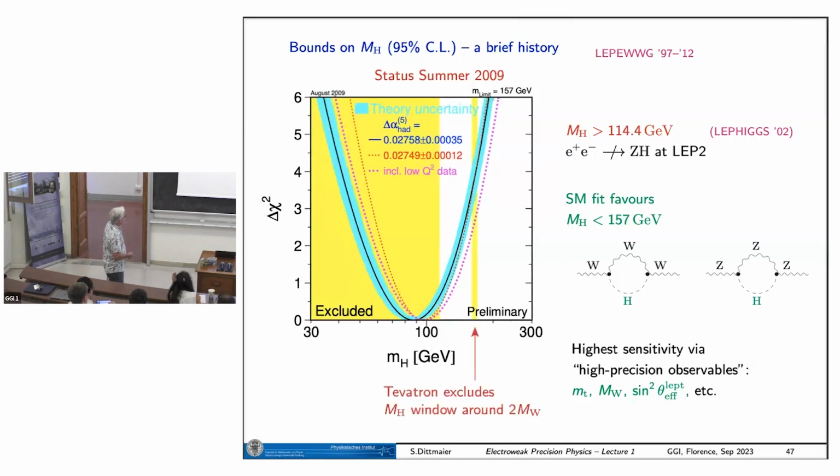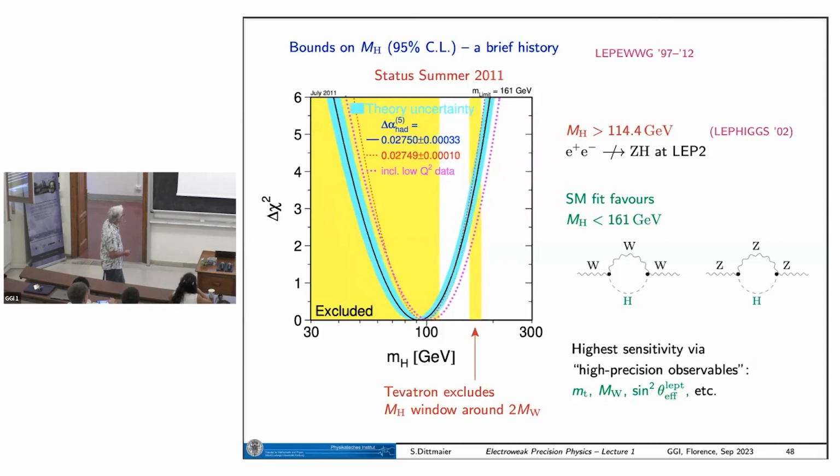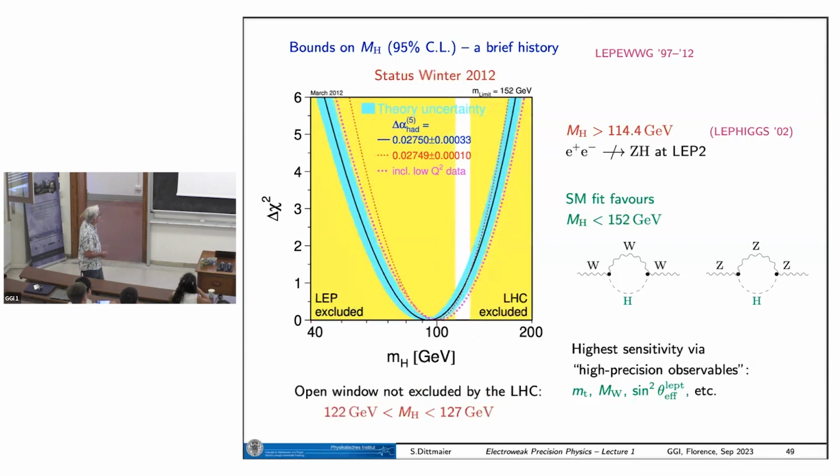And at some point, you see that Tevatron kicks in by excluding a window in the Higgs mass around 2 MW, because they had the highest cross section for Higgs production there. Yeah, but they didn't see it, so they could exclude a range, and so it went on. Yeah, the excluded region also increased a bit until finally, shortly before the